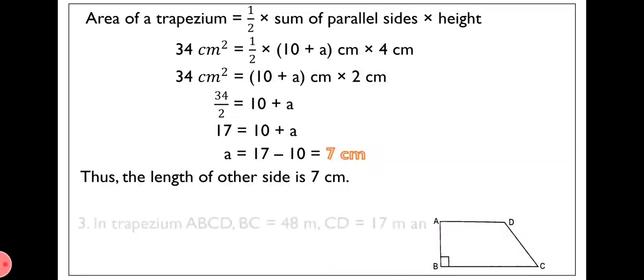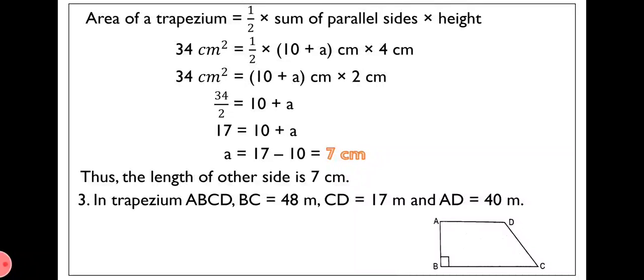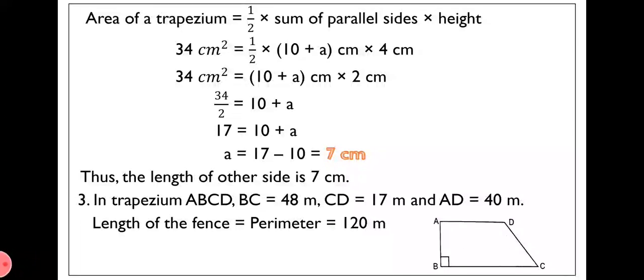So let's start. That is, in trapezium ABCD, BC equal to 48 meter, CD equal to 17 meter and AD equal to 40 meter. Now length of the fence, that is nothing but the perimeter of the field, that is equal to 120 meter. It is given. We know that the perimeter of a trapezium is nothing but summation of all the four sides of the trapezium. So we will write AB plus BC plus CD plus DA equal to 120 meter. Now already we know the length of three sides, so we can find the fourth side length. That is AB